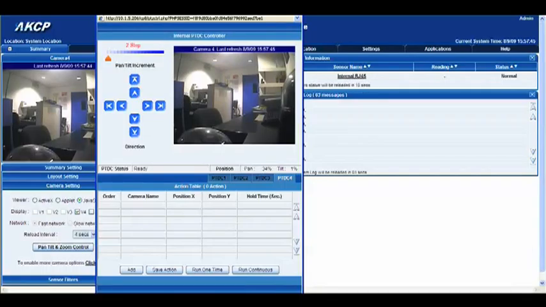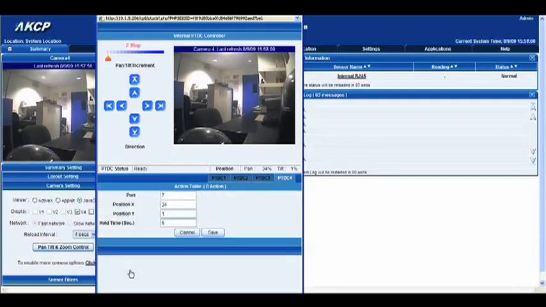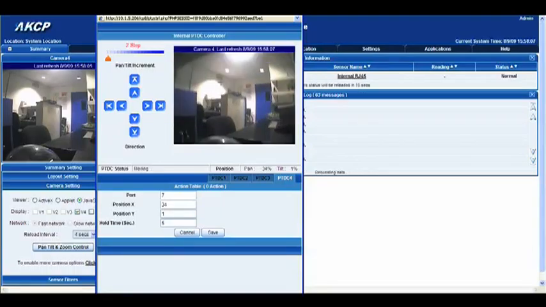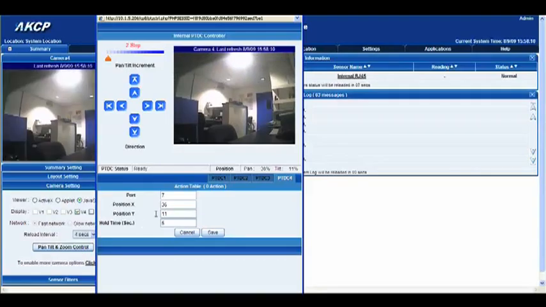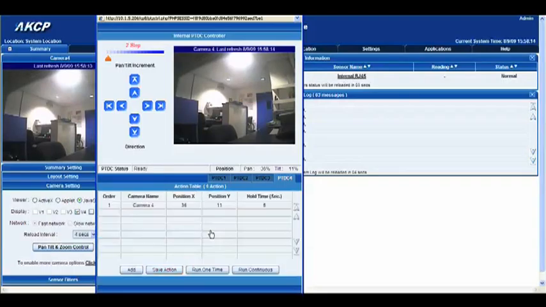Now what the action table does is it allows you to enter predetermined coordinates or a position in which you'd like the camera to focus on for any given time. Now essentially what that means, as an example, we'll go ahead and we will click add. Now what we're going to do is if we click somewhere in this video window, as soon as we've done that, you'll notice that all these coordinates change, and we can click save. We've now entered an action, so we will go ahead and we will save the action,